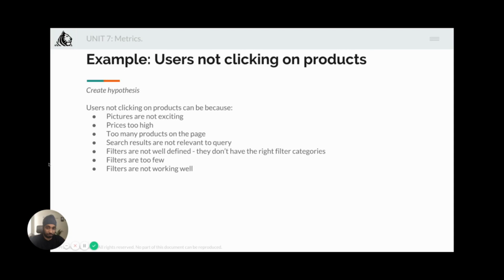Let's say the industry average is 20% conversion from search result page to product details page. Okay, you are doing 10%, right? So people search something and then they click on a certain product link, and they land up on the product details page. The industry average is 20% for your industry, but you are doing 10%, which is a significant gap, right? And you are looking at a major issue because that gap should be bridged as soon as possible, right? So let's try to reason it out.